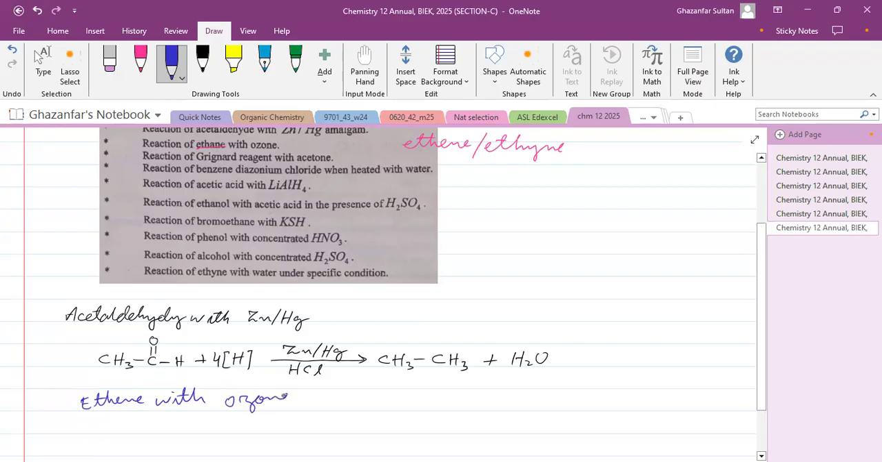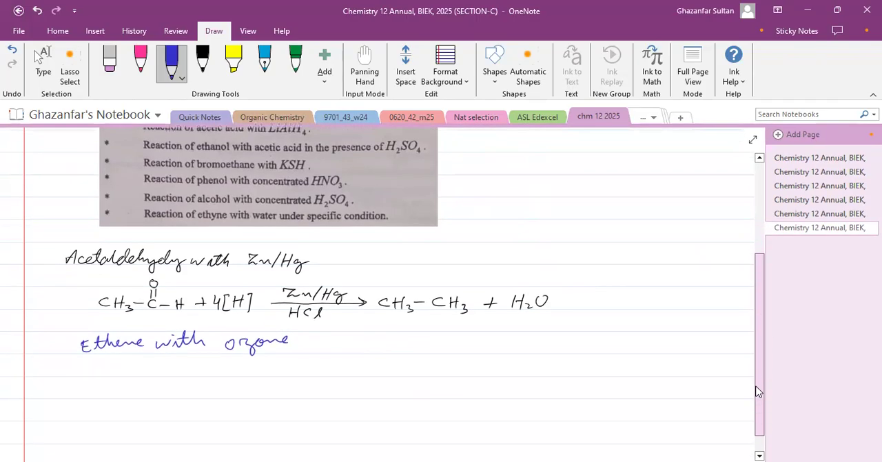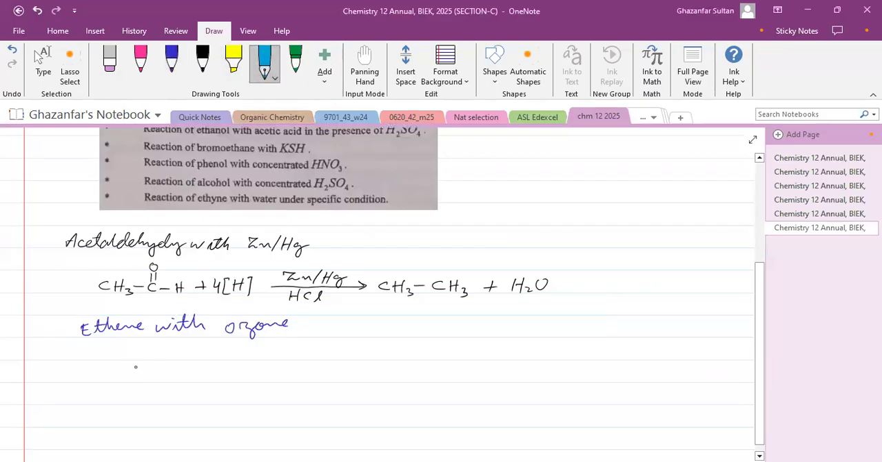Those students who have studied in a better way, they got this mistake and they have done this reaction with either ethene or ethyne. So see if they work with ethene, what is the reaction? First we will write ethene, and better to write ozone on the arrow